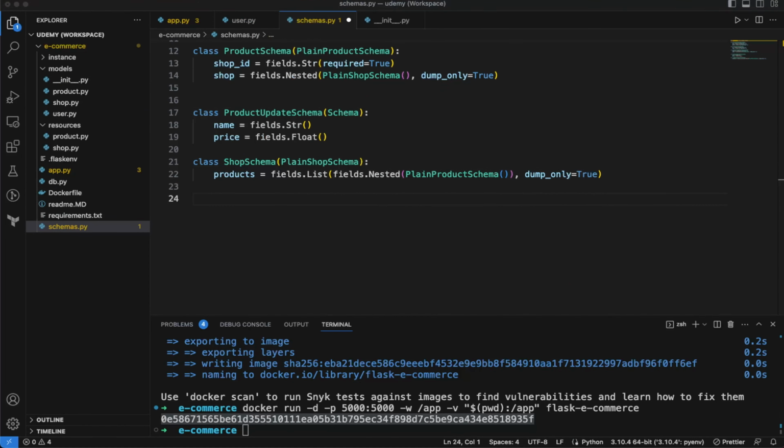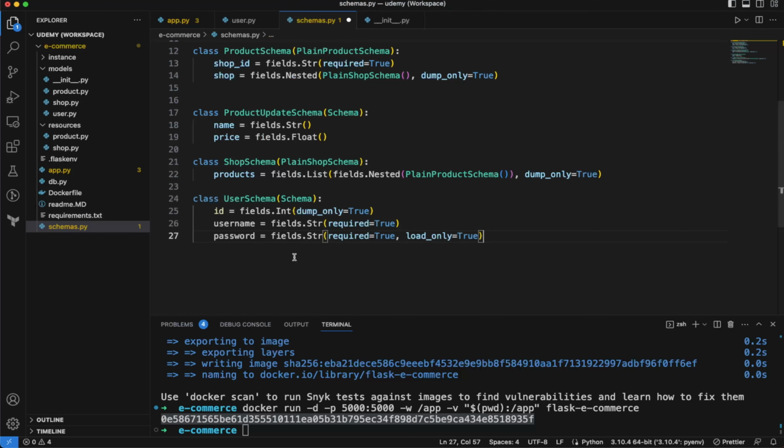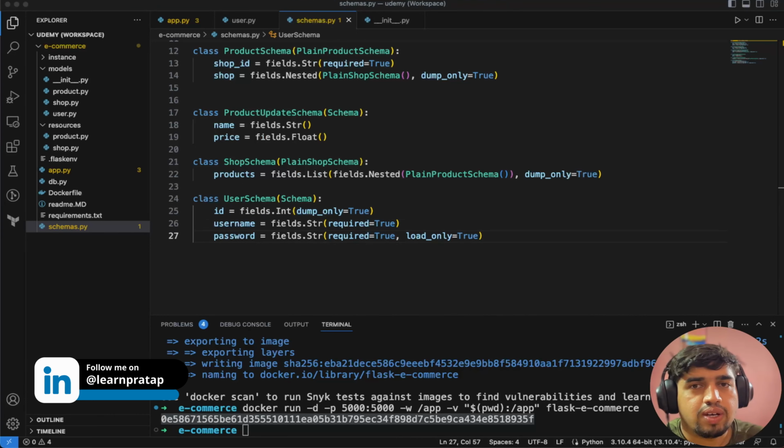So for simplicity, I'll just simply copy and paste, but I would like you to go and type along with me. So you can see here, we have this user schema and we have this ID, and then we have this username, and then we have this password. Okay, so in this section,